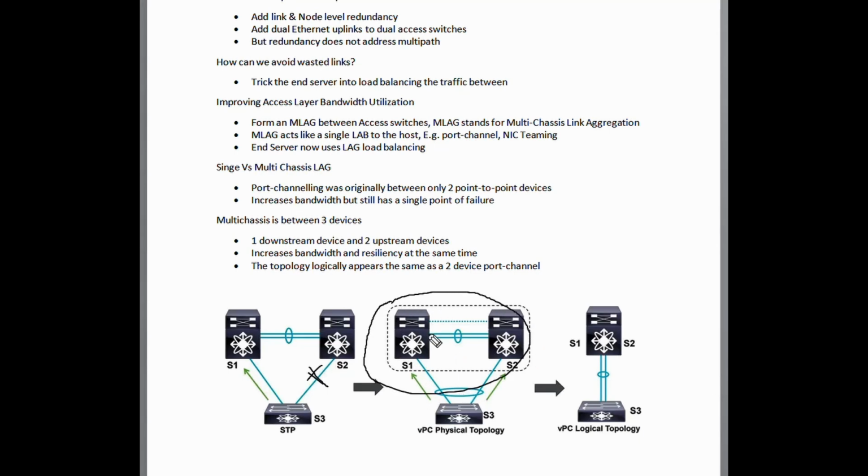So with multi-chassis link aggregation, the physical triangle appears to be a logical point-to-point port channel between the Nexus devices and the endpoint device. From the endpoint's perspective, we configure NIC teaming or some sort of link aggregation on the endpoint device. And on the uplink switches, we need some sort of mechanism to synchronize the MAC address table and the ARP entries between those devices for load balancing and to ensure that there are no loops in